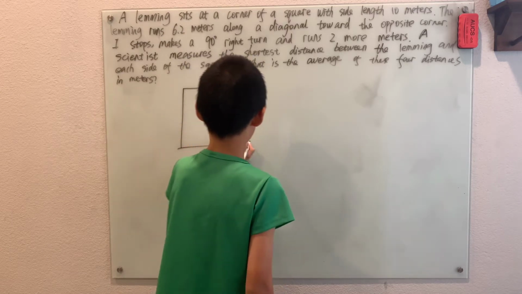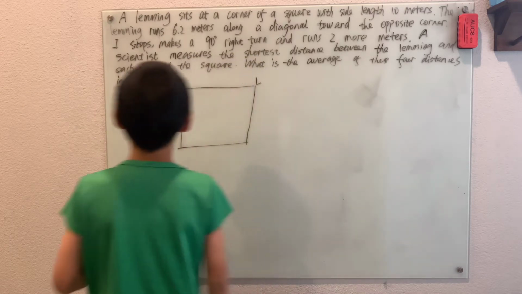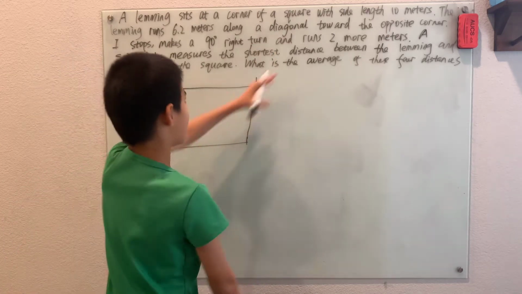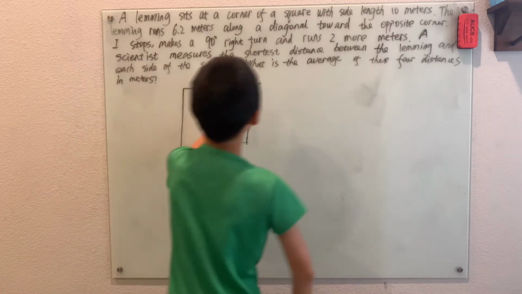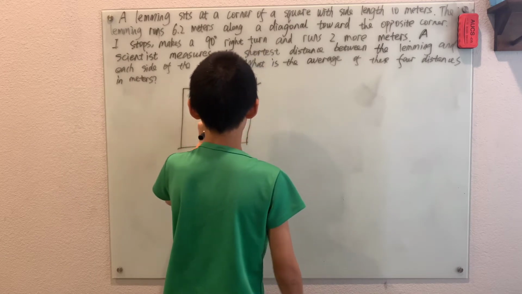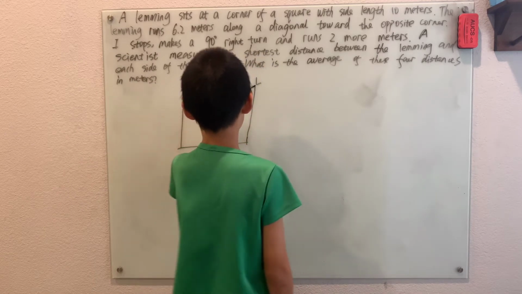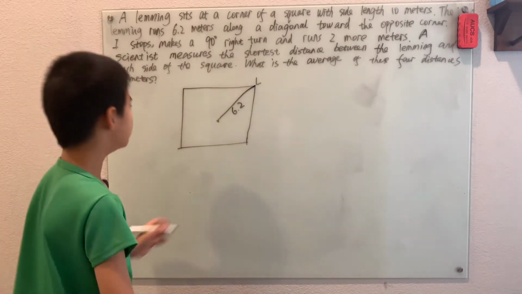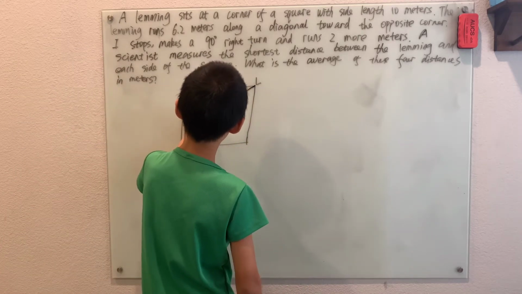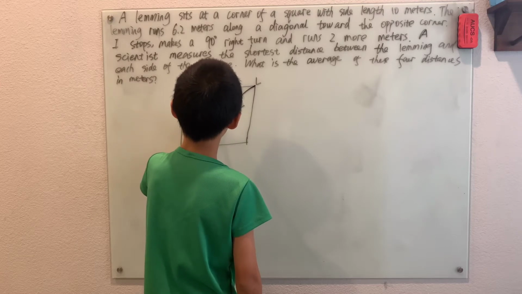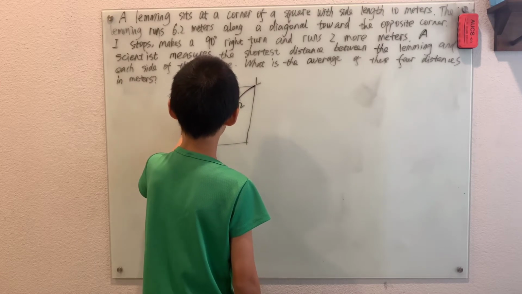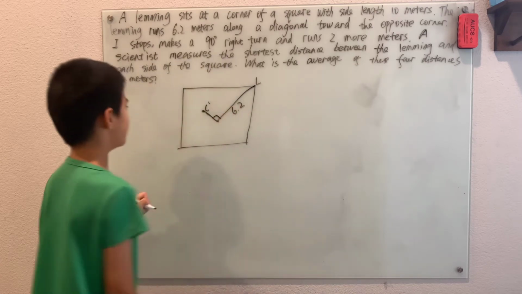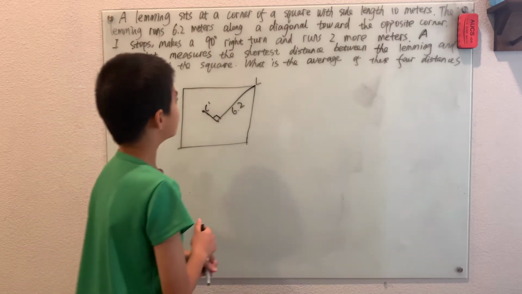So we have this lemming at point L, and then it runs 6.2 meters along a diagonal towards the opposite corner. So let's just say it runs here. This is 6.2 meters. It makes a 90-degree turn, runs 2 more meters, and then it stops here. And I guess this is L prime. So if the lemming stops here,